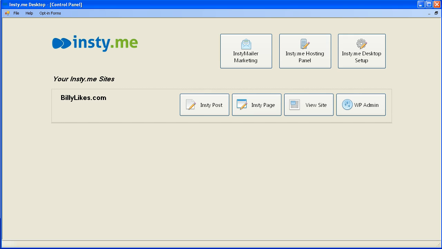So once you're on your InstyMe desktop, you have a couple things up here that you're going to use all the time. This is where we just came from, the desktop setup. Your hosting panel is basically your cPanel, where you can add email addresses, cron jobs, and those types of things. And your InstyMe mailer marketing, I will do another video very soon specifically on this, because this is such an